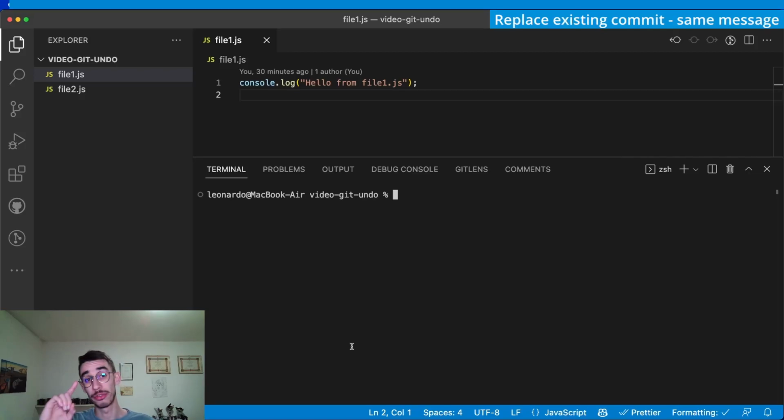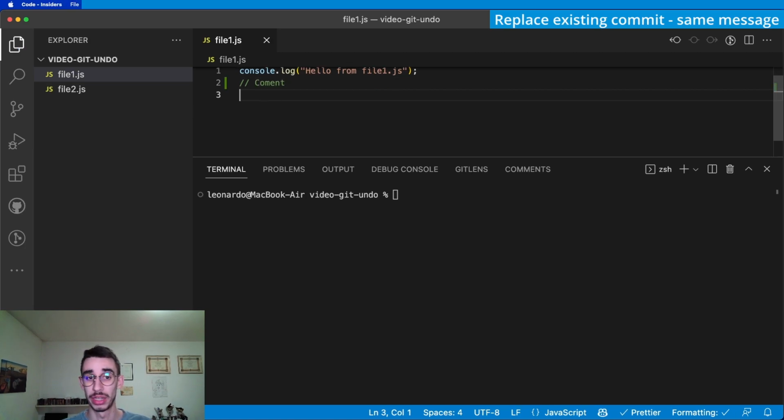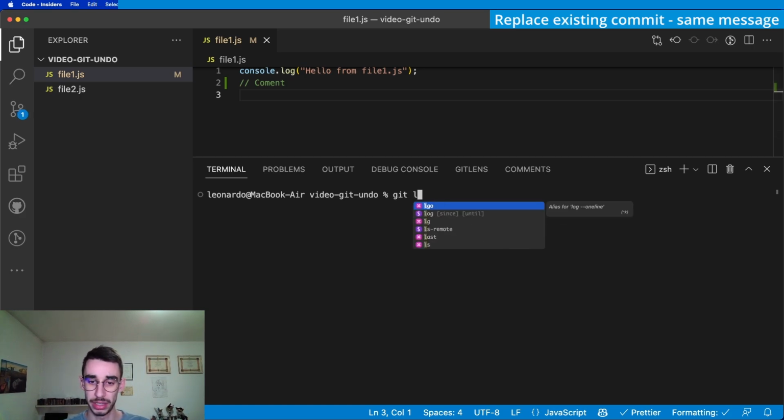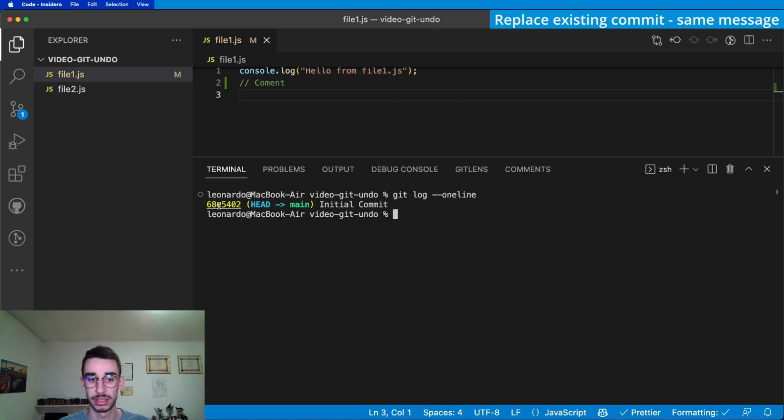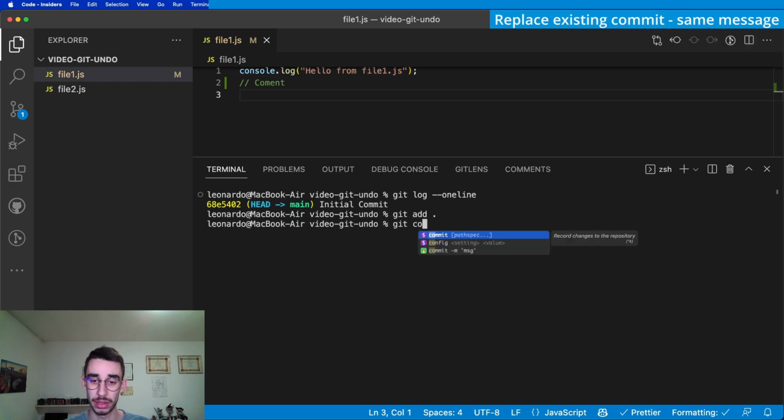Let's begin from the first scenario. That is, we did a commit, but we forgot about something. For example, I wrote a comment with a typo. This is the repository state, git log one line, just a single commit, that is the initial commit. So now we git add everything, we git commit